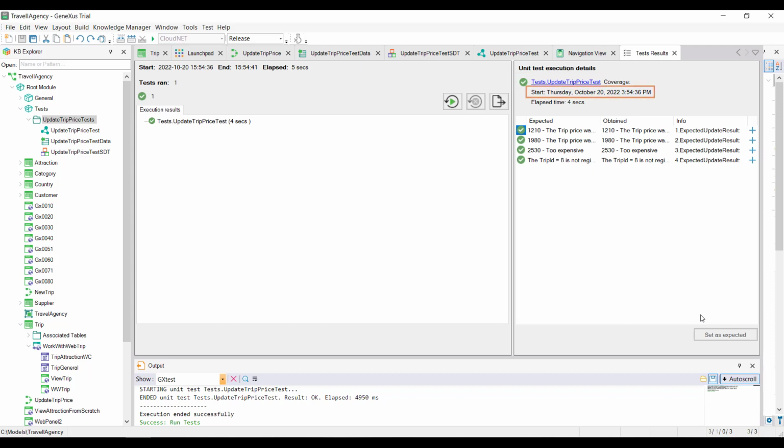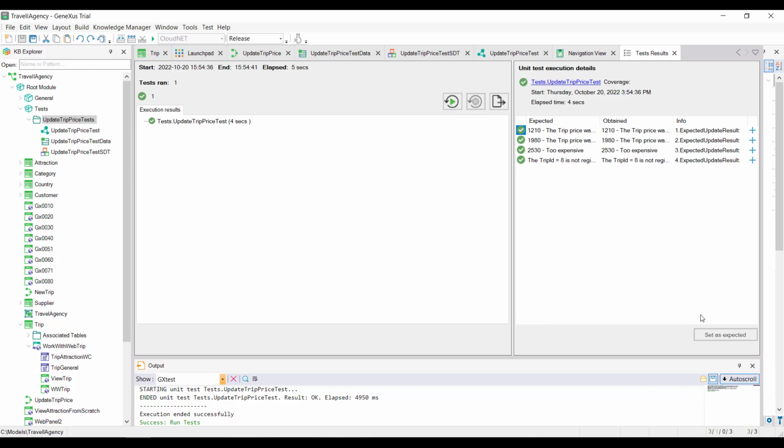It also gives us information about the test execution time. Here we see a line for each assert we have defined in our test. For each one, we can see the expected result, the result obtained, and the green or red mark depending on whether the assert failed or passed.